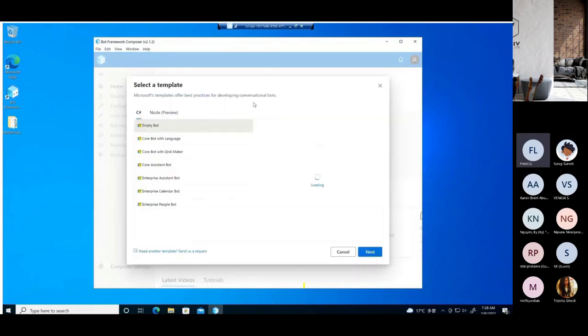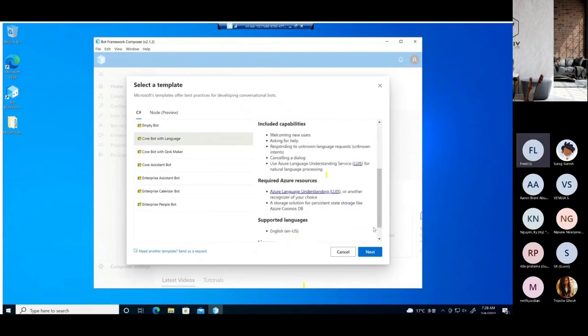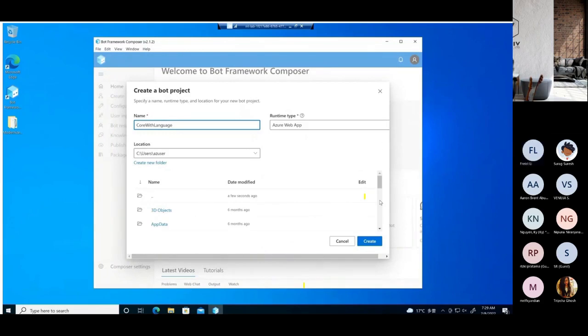So now I'm going to create a new bot. You see there are multiple templates. I will choose the with language template. So these templates will integrate with LUIS easily. If you choose QnA Maker, it will integrate the LUIS and the QnA Maker backend services. So then I will create my bot project